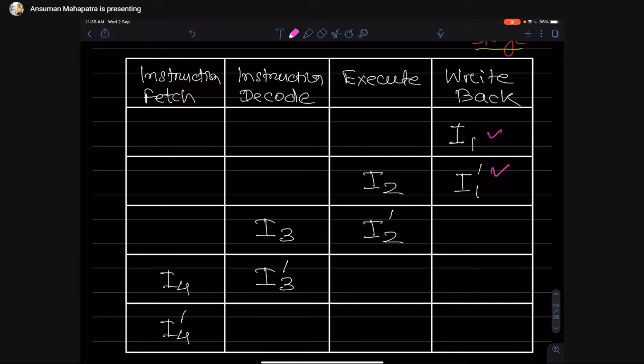Superscalar execution means pipelining with parallel processing. Each stage can execute more than one instruction: more than one instruction can be fetched, more than one decoded, more than one executed parallelly, and more than one write-back done parallelly. So this is called superscalar execution.